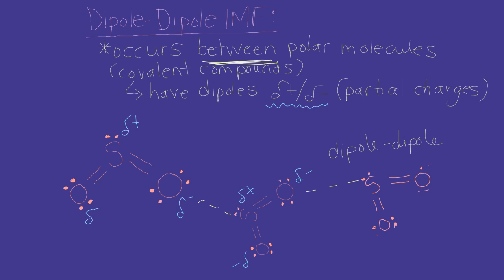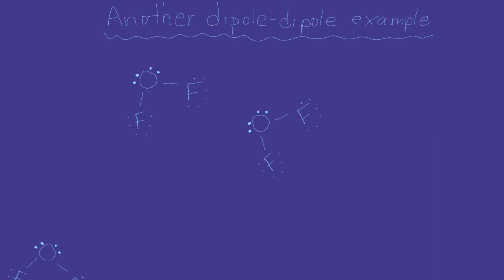So you want to make sure that for any IMFs you're showing, the dashes are towards those two things that are pretty close to each other. They're the closest things to each other. So I'm going to erase those dashes, and we're going to take a look at another example. Okay, so I have another example here. This is OF2,